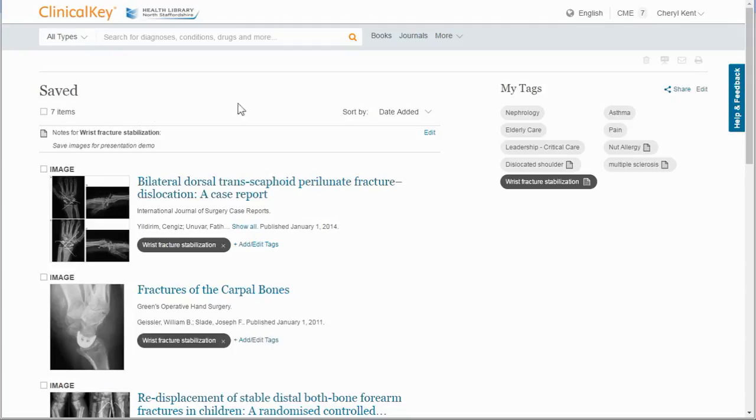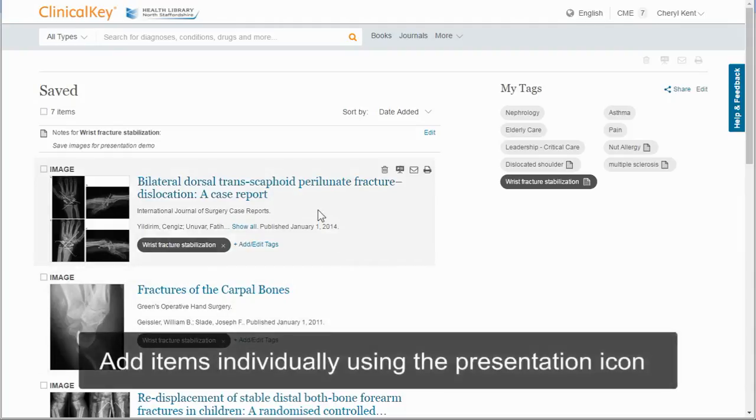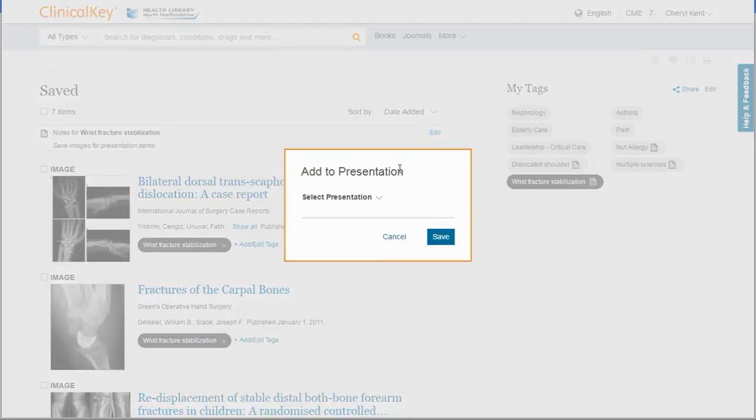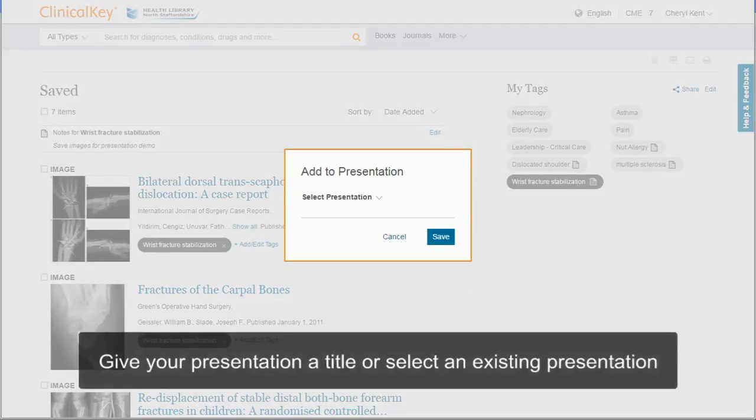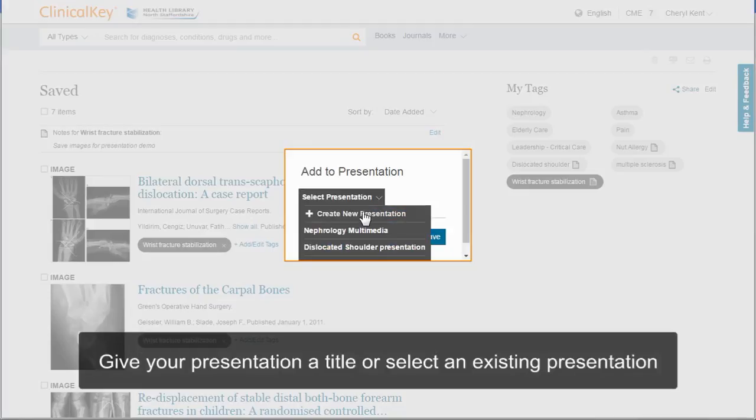So here I have 7 items which are all linked to the wrist fracture stabilisation tag. To add the content to my presentation, I can select each item individually. Here's the top one. I can then select the presentation icon over here. You're then presented with a pop-up box where you can give a title to your presentation. So we'll just select the Select Presentation option, create a new presentation,